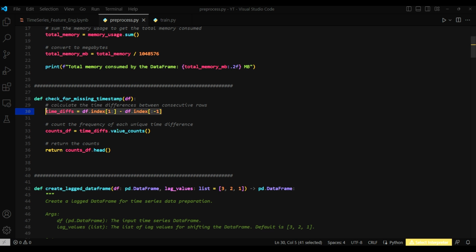And the most important line here is this, which will calculate the time differences between 2 consecutive rows. So what I'm doing here is these 2 things: df.index[1:], a slice notation, and another slice that I'm doing, df.index[:-1]. So basically, this entire expression slices the index into 2 arrays, one starting from the second index, that is index